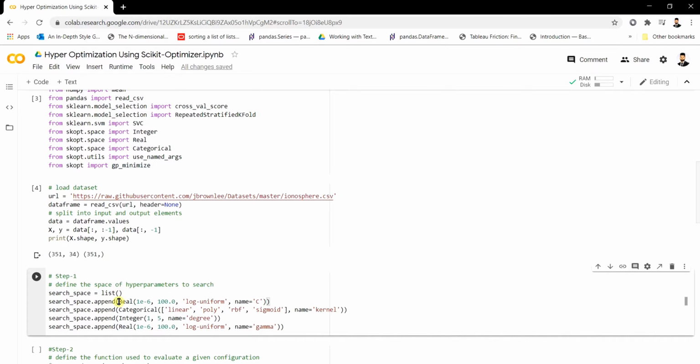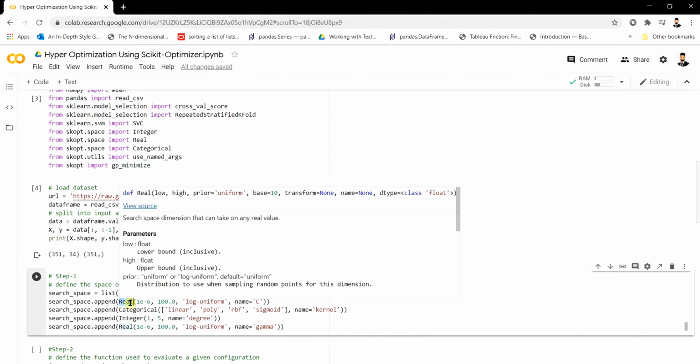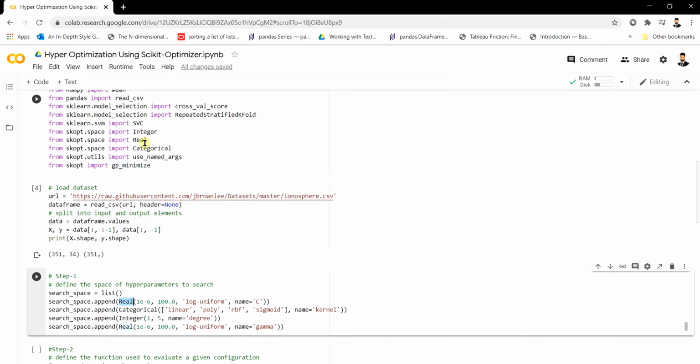So we're going to put it in a real function which we have already defined, using the range from 1 times 10 to the power minus 6 to 100 with a log uniform distribution. We're giving the range of that particular parameter, giving it the name C, and appending it to the search space.